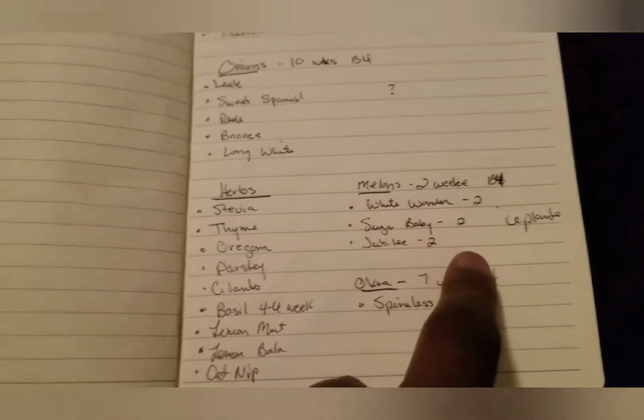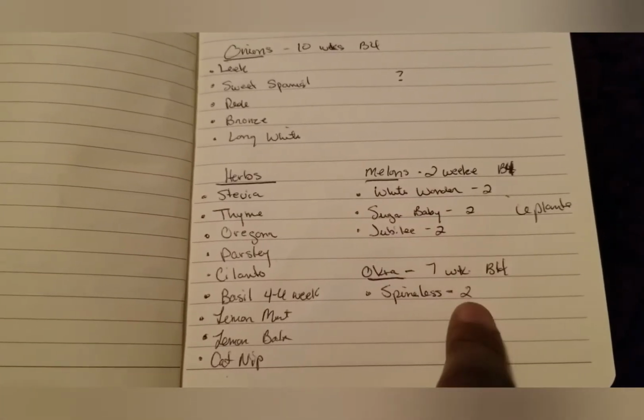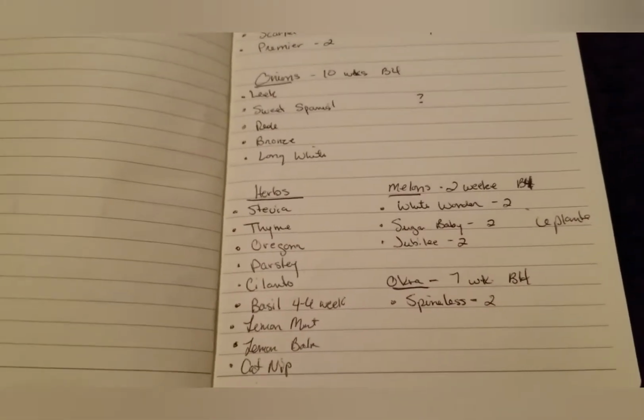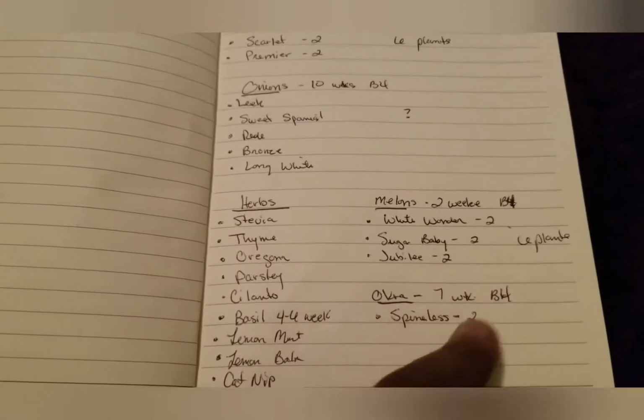Melons is 2 weeks before the last frost date. I'm gonna do a White Wonder, Sugar Baby, and a Jubilee, total of 6 plants. Okra, 7 weeks, and I'm gonna do 2 spineless okra plants. So that's just the template that I use, and how I get the weeks before the last frost date, Farmer's